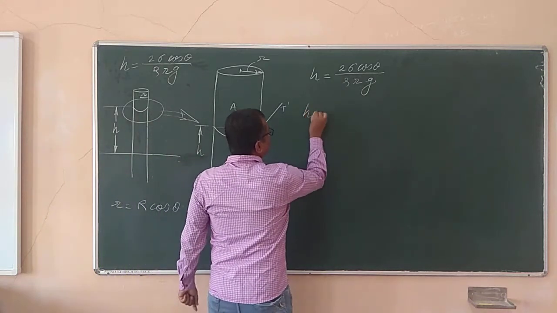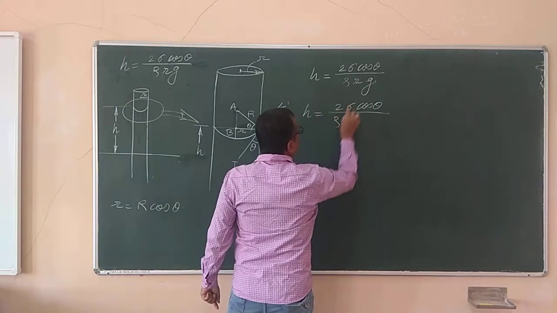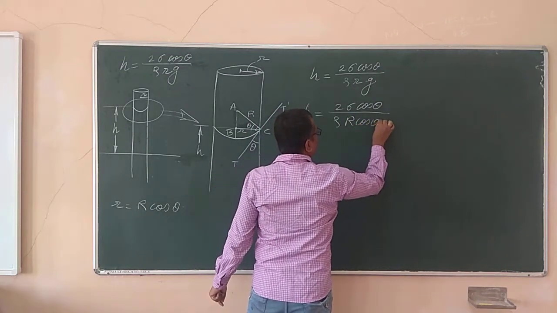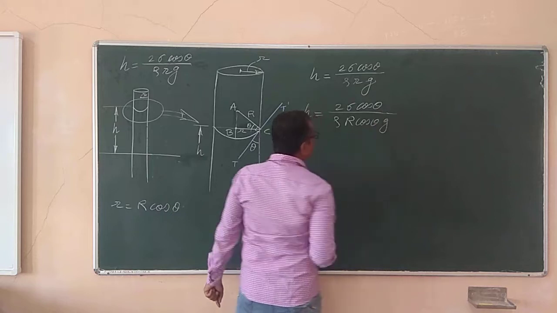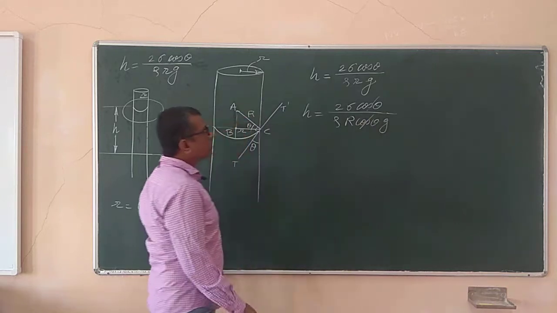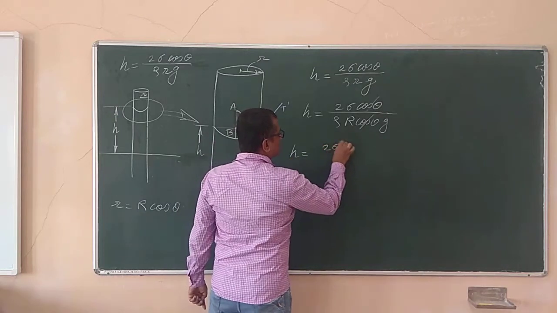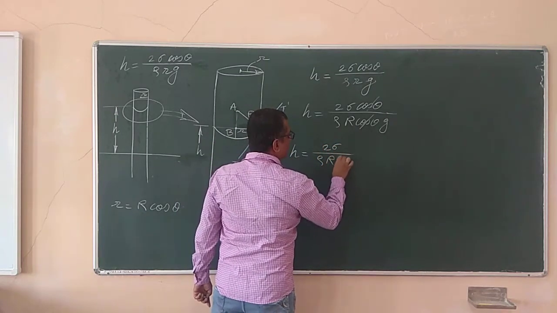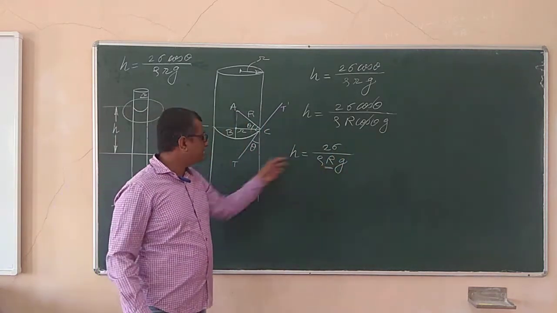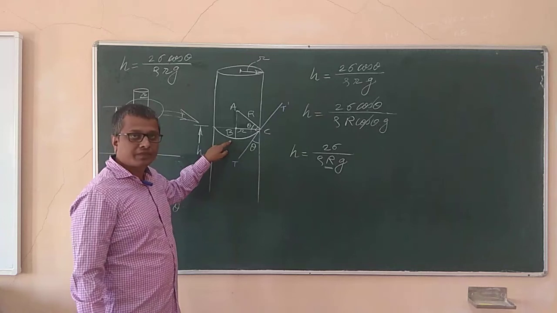So what equation I will get is small h is equal to twice sigma cos theta divided by rho. Now small r gets replaced by this term, r cos theta, into the term g. So out of that, I think this cos theta will get cancelled. And the equation we are getting is h is equal to twice sigma upon rho capital R into g, where this term capital R, remember, is not the radius of the capillary tube, but is the radius of the spherical curvature of the free liquid surface.